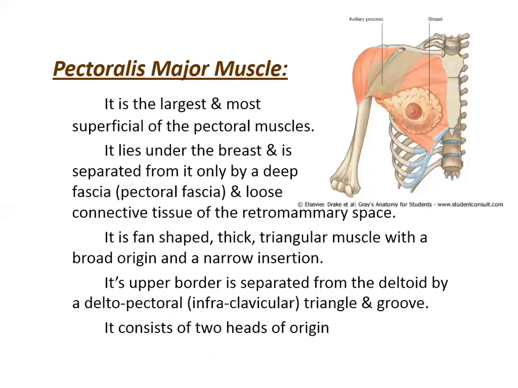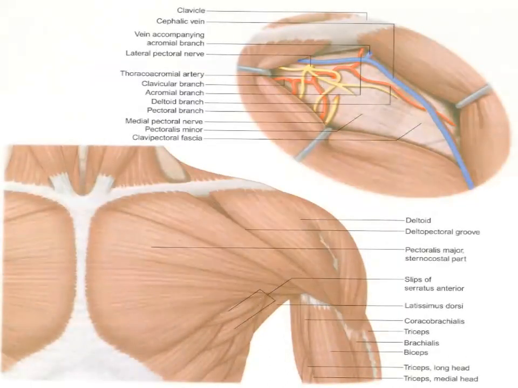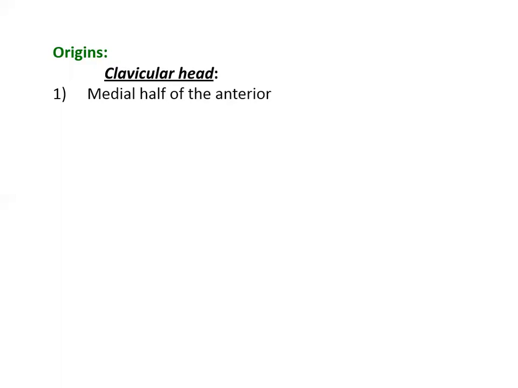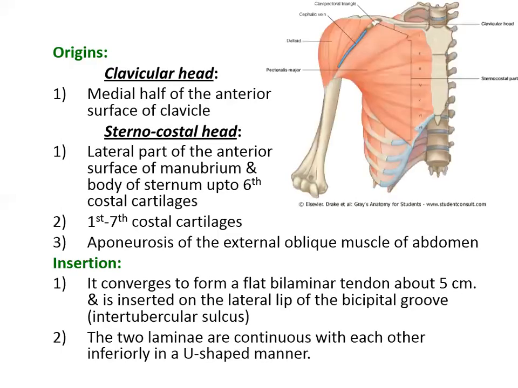So this pectoralis major muscle will have two heads, as we will see. One is called the clavicular head and the other the sternal head. So this is the pectoralis major muscle, as again you can see. It has a big origin. A part of it will take origin from the clavicle and a part of it from the sternum. Actually, the sternal part is larger compared to the clavicular part. So it has two heads of origin: the clavicular head and the sternal head.